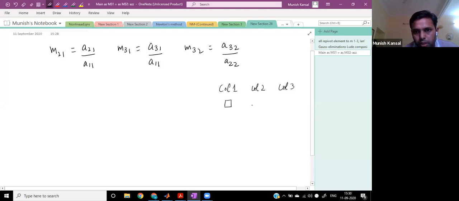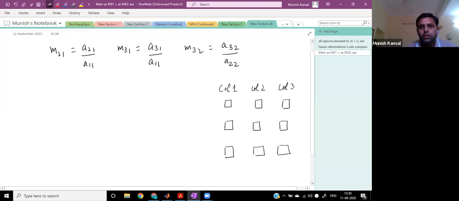So here are some entries. These are the entries in the matrix, right? So this is a 3x3 matrix. Now what we are doing, this is my pivot row. This is my pivot row. And you can say this is my pivot element. The first element is my pivot element. Of course, this should be non-zero. You know the theory, right? Now I will make two loops here to break the matrix into L and U.